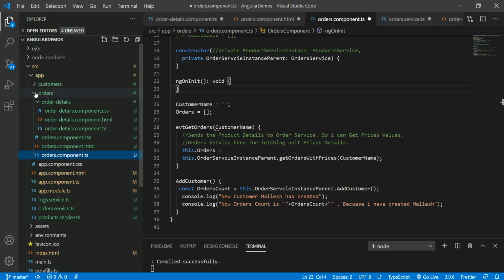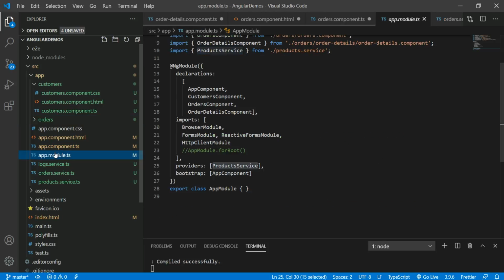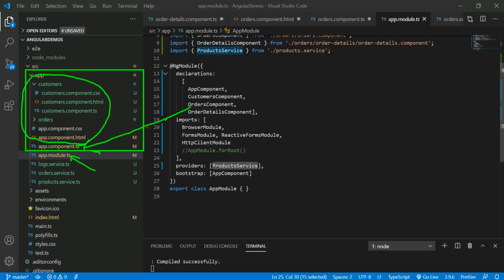If you mention the provider in the app.module.ts file, that same instance should be available in the entire application.